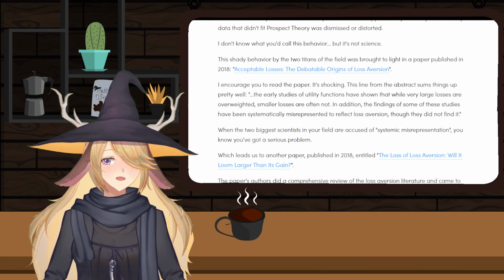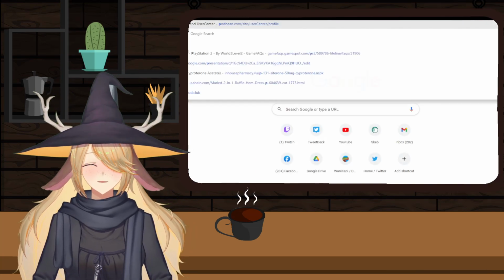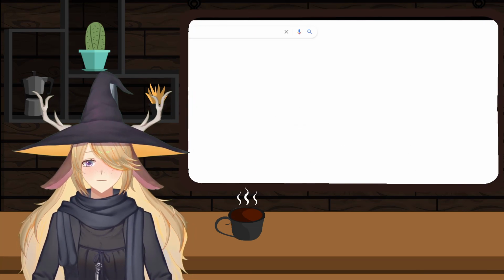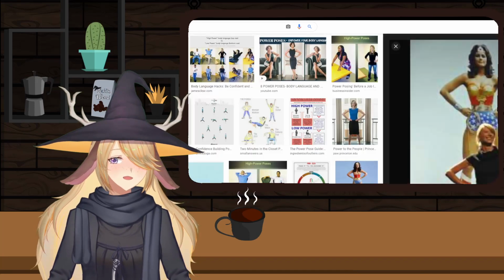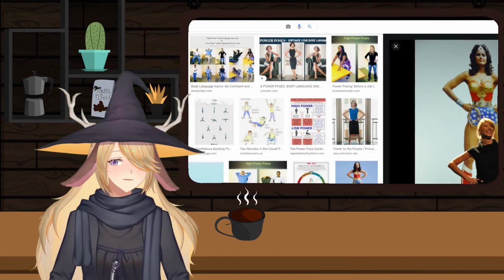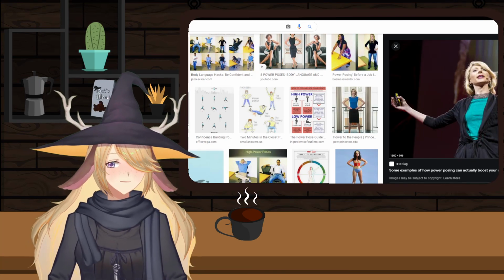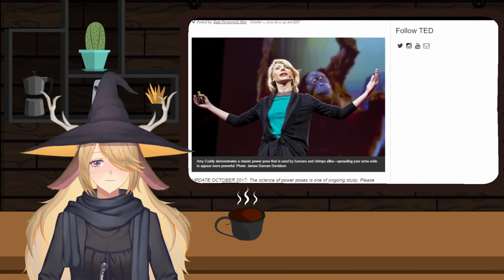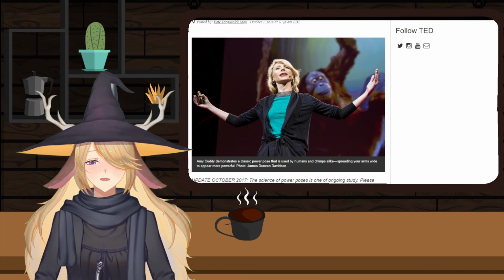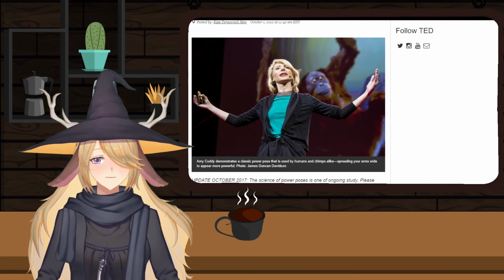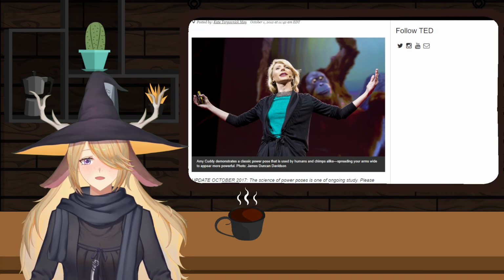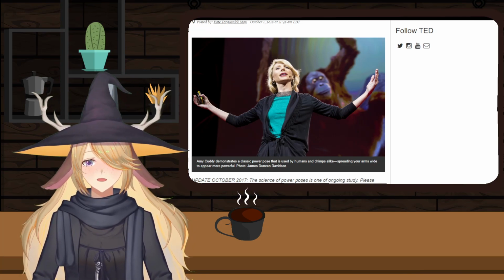Okay, power posing. All right, this is why it's good that I have the Google, right? Power posing! Oh, this is a great picture. This is a great picture. All right. You might have seen her very famous TED Talk. This is Amy Cuddy. Back in grad school, this is where I'm going to throw some shade, okay? I was at a conference where she did a very famous TED Talk about the importance